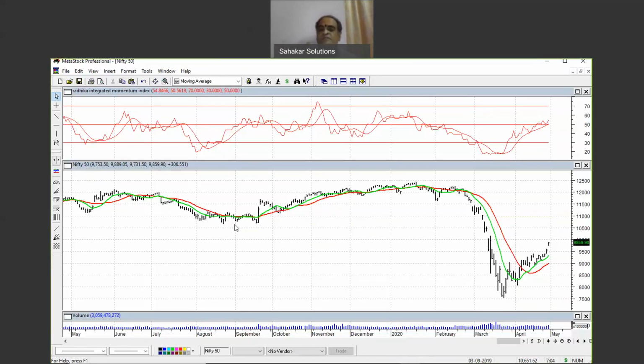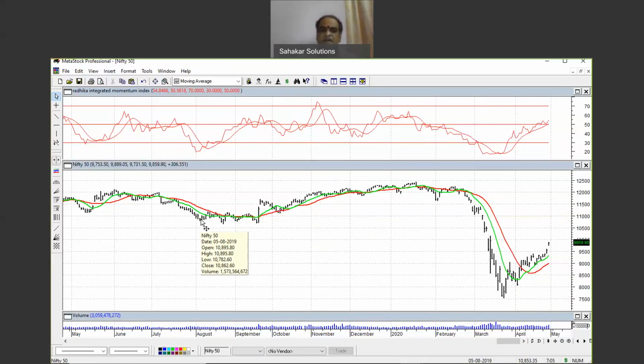So this is the second important point you have to keep in mind. And the third point is, when price comes to the moving average either from below or above and fails to penetrate it in the opposite direction, then there will be a reversal of the trend. Here you can see price moved up, met the moving averages, did not penetrate them and came down. Later, the price moved down very, very speedily and with acceleration.